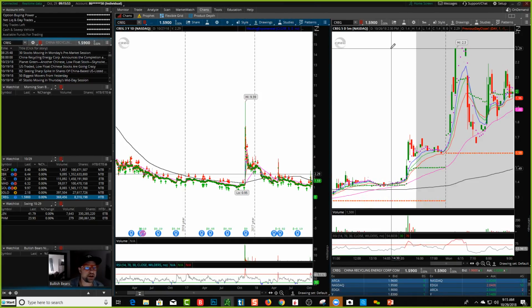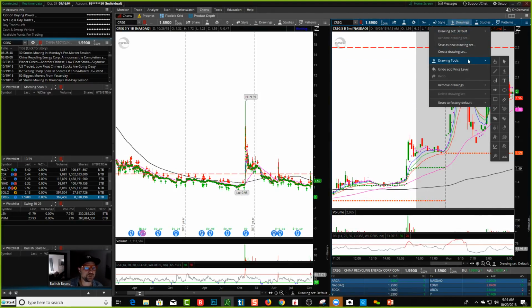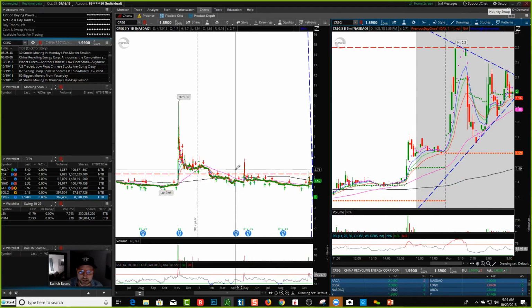You'll see pre-market high around that 230 marker right up here. Might be doing an ascending triangle or kind of like a symmetrical triangle-ish. So if you guys kind of go kind of like this a little bit. Not going to be perfect, but sort of like this. So we'll keep an eye on CREG as well. So Solo, CREG,